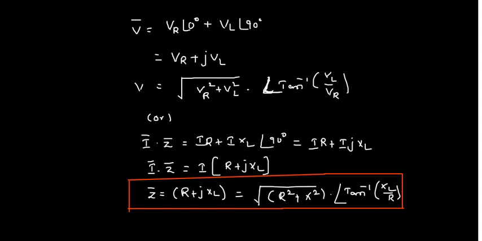Before making the conclusion, just remind yourself what conclusions we have made when a resistance is excited with pure AC and when an inductance is excited with pure AC. I'll give you just 1 minute. Just remind yourself how the vector diagram takes place when a resistance is excited with pure AC as well as when an inductor is excited with pure AC. Depending upon those two conclusions, we will conclude this series RL circuit explanation.